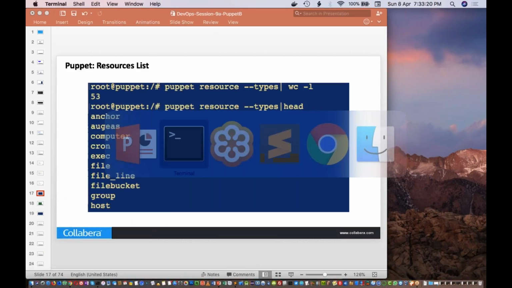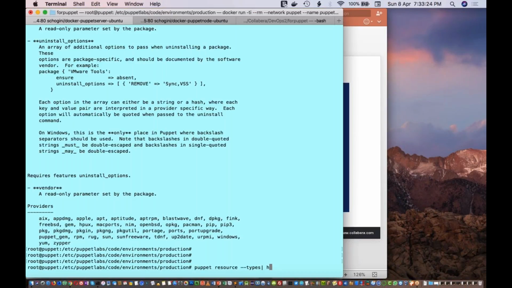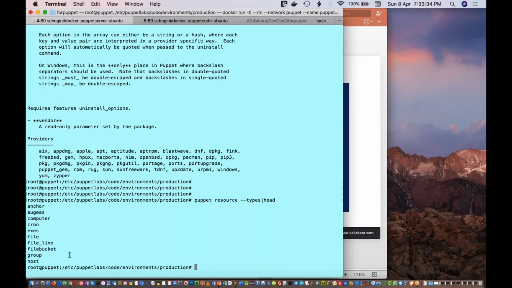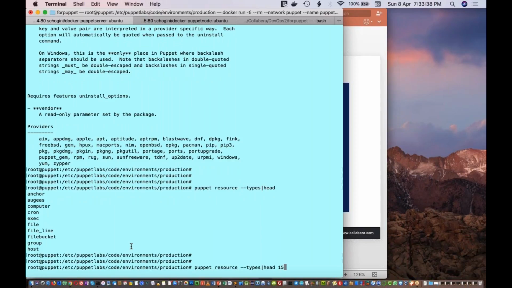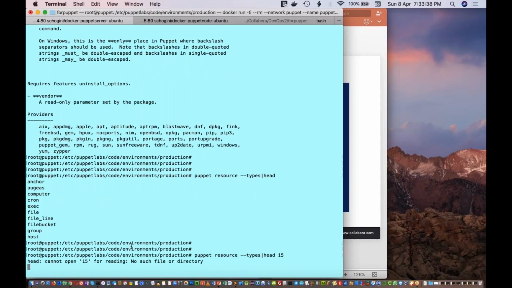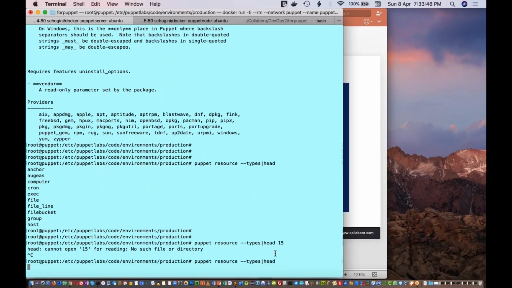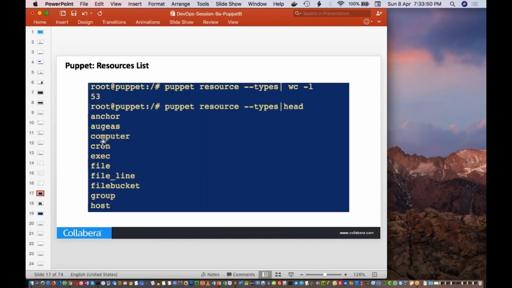Now if you use this head, you'll be able to see the initial set of resource types. So it will show you the first 10 or something resource types, and if you want to see the first, say, 15 resource types, then you can use head 15 like this. Okay, sorry. Okay, so now